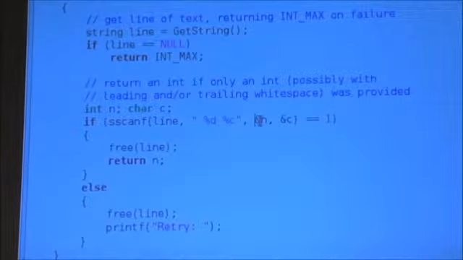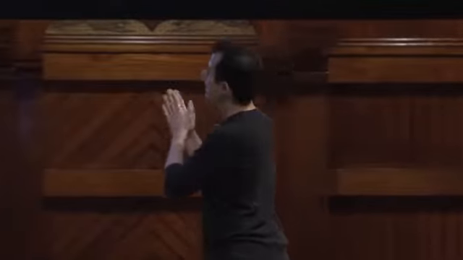So we have to tell scanf where to put those variables. And it is not correct, certainly, to do this. Because anytime you pass a variable into a function, how are you passing it? What's the jargon? So you're passing it by so-called value. You're passing a copy of it in. But if you want scanf to be able to fill those variables with some new values, how do you do that? Well, you have to write down that little scrap of paper, the visual we keep doing, where you have to say to scanf, put your answer on these 2 sheets of paper. So here is ampersand n, here is ampersand c. Put your int here, put your character here,